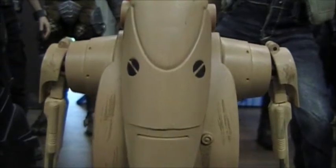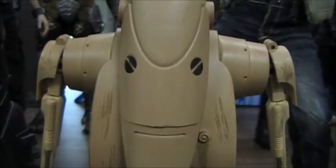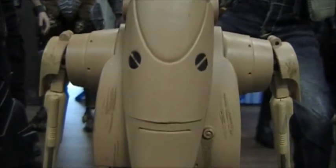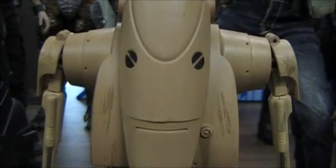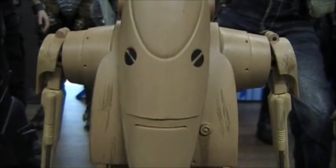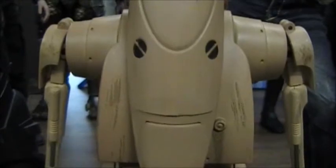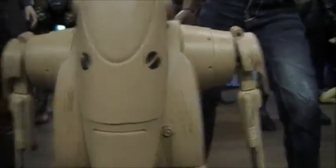I've been away for a little while, not doing any videos, haven't had much time, been working a lot. So I got a few days off here, so I thought I'd get most of my 1/6 collection out, figures, and share them with you guys. I don't think I've done an update on my figure collection in a long time. So